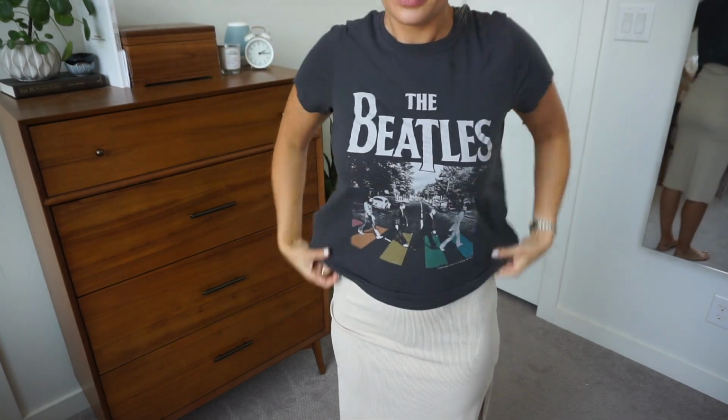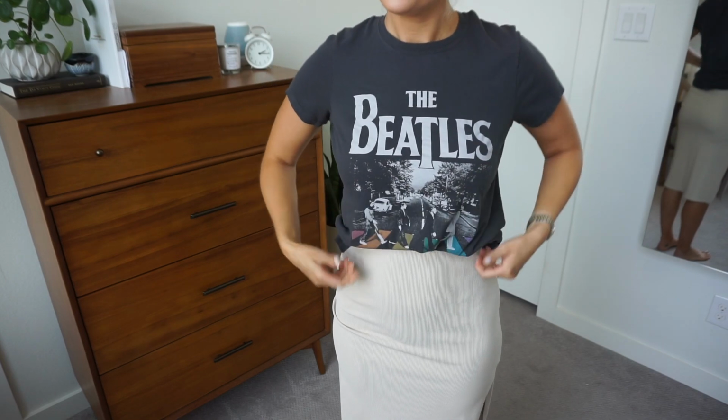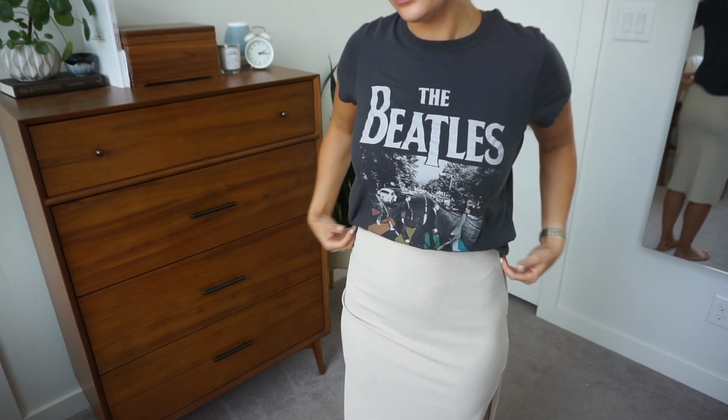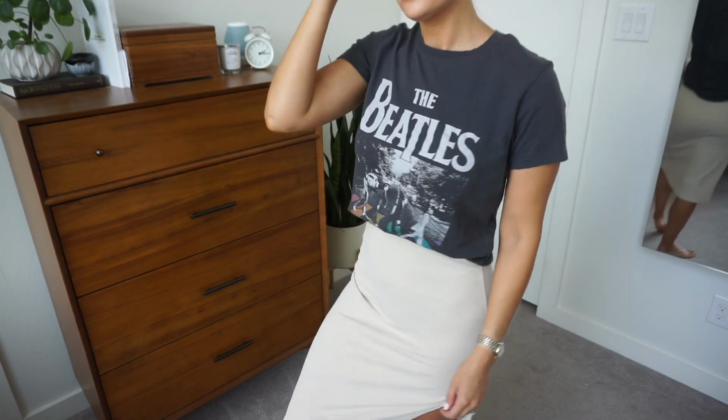I got this one a while ago, and then use that to tuck your shirt in. Probably not new to you, but if it is, it's an awesome trick. You can also do the same thing with a belt, anything like that would cinch in, but I like to just do my bra. So I went ahead and tucked that graphic tee underneath,